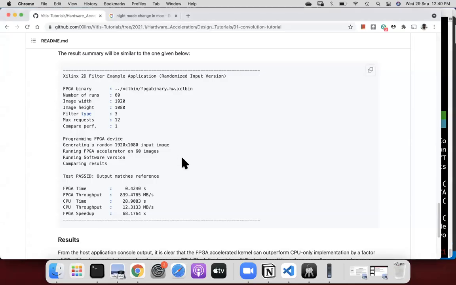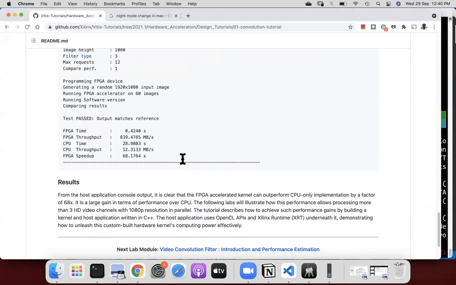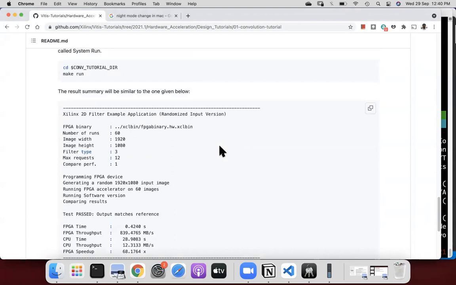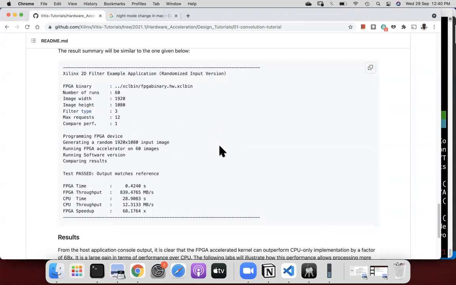So now let's keep going. So this is the story, just to recap where we are. The requirement that we have, in order to process HD video at 60 frames per second with the given resolution, is a throughput of something like 340 megabytes per second.